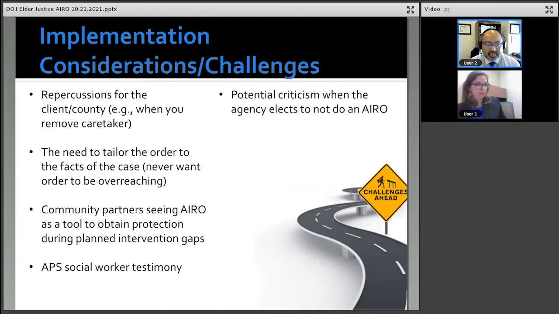Yes, Julie. With regards to the bullet point regarding tailoring the order, I can't stress enough how important that is, because the last thing the judge wants to do is separate family members unless the facts show that separation is needed. And if you're throwing in the kitchen sink and asking for everything, a kick out, stay away order of 100 yards, things of that sort, and the facts don't bear that, that's one way to lose getting a TRO. And if you're thinking of it as a stopgap measure and you need that TRO, throwing in the kitchen sink where the facts don't support it is one way to not get the TRO.